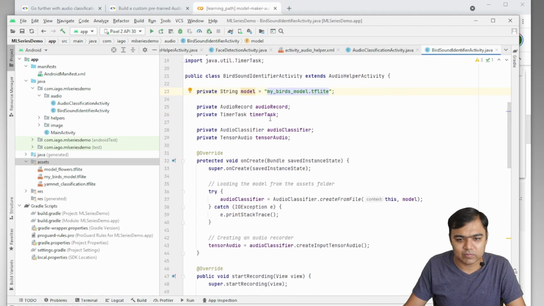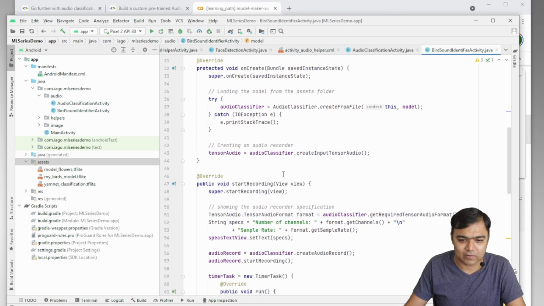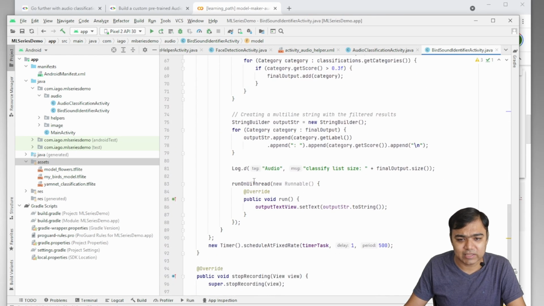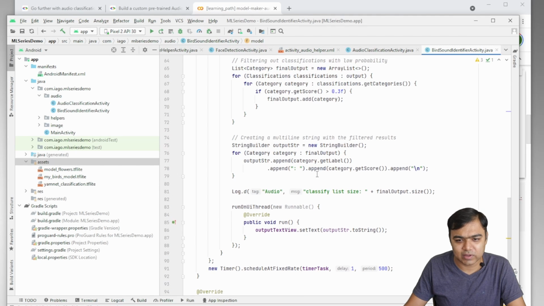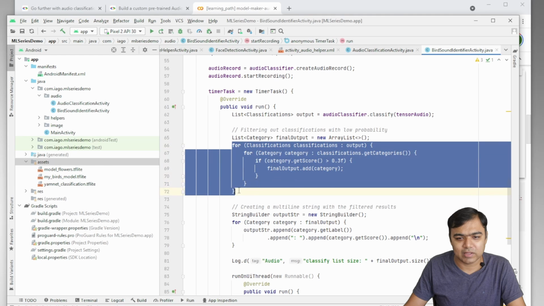Now we have the audio classifier. We are even loading it from the file, and we have our tensor audio and everything created. The only change that we are going to do is here. Before, we were just going to use the first output. Now we are not going to go over all the classifications.